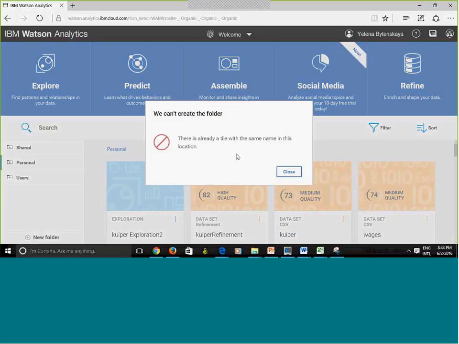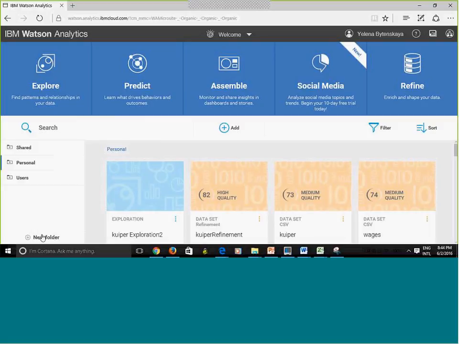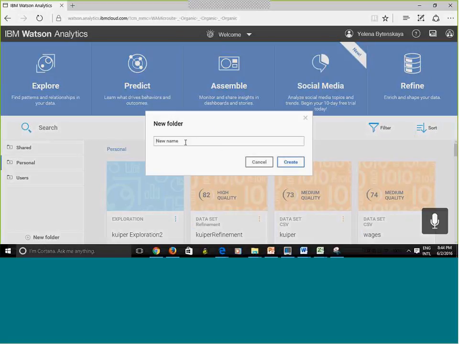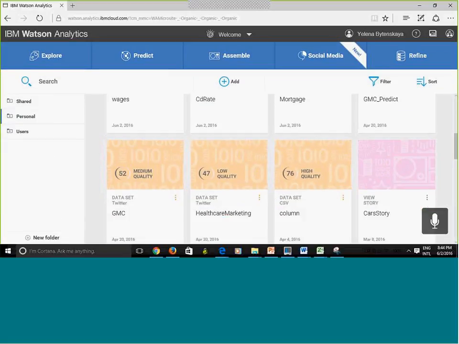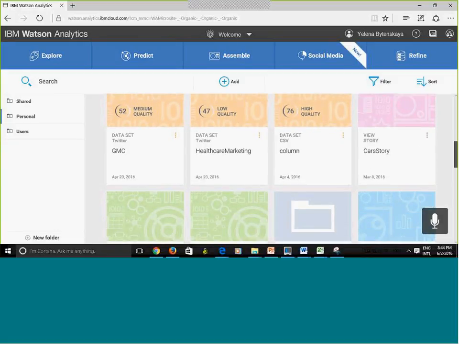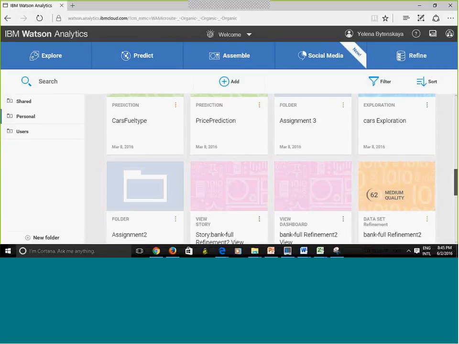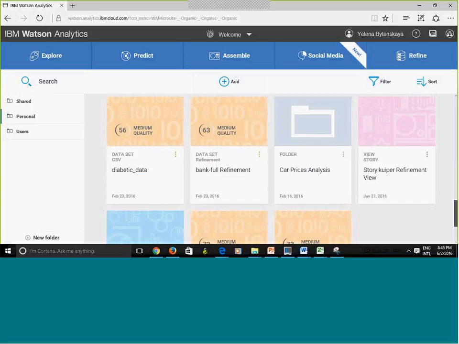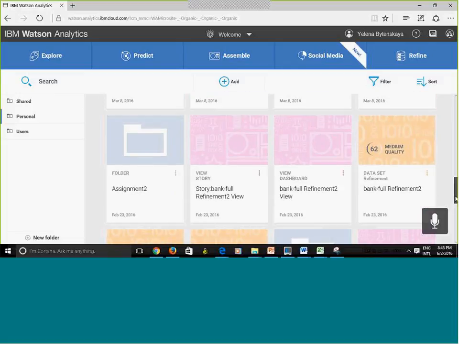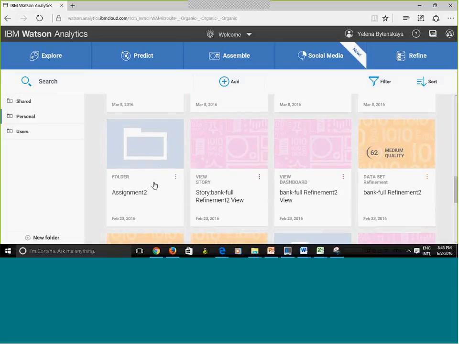Oops, we can't create a folder. Oh, because there is already a folder with the same name. Okay, gotcha. So when you get this error message, it means that you already have the folder with the same name. You cannot have the second folder with the same name. So let me do this. Let me try this homework 2. And let me hit create. There we go. But it's good that I got an error. That way you can see what I did to solve the error, right? Very often you get an error message because you already have something with the same name. You already have a folder with the same name, perhaps.